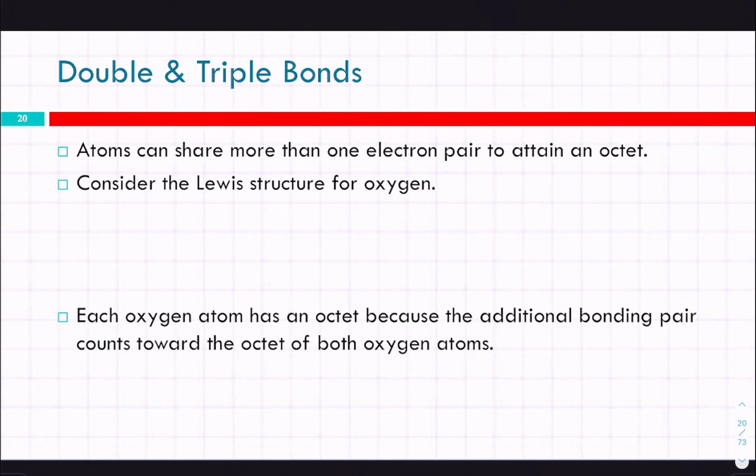Let's do another one of these. For oxygen, we've got 1, 2, 3, 4, 5, 6 electrons. And again, oxygen is one of these diatomics. So if we draw out our second oxygen,